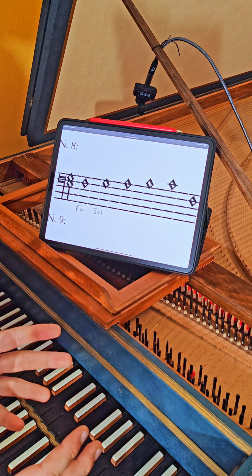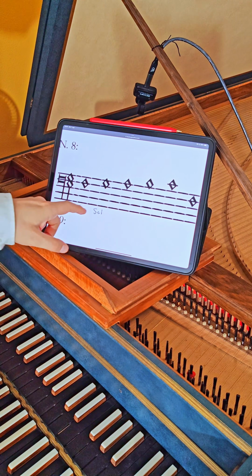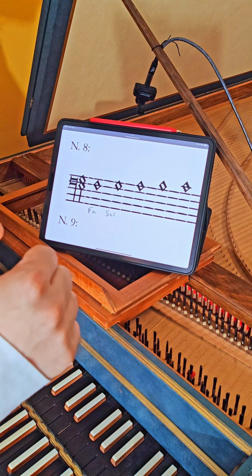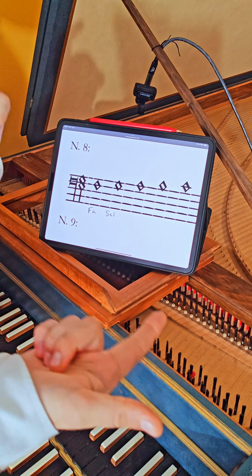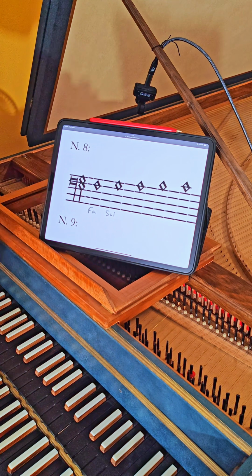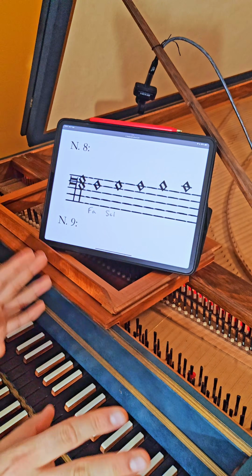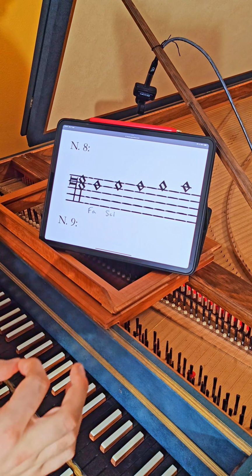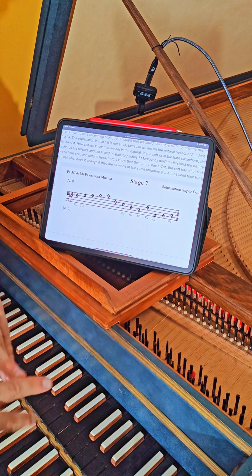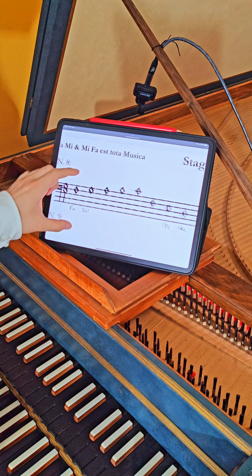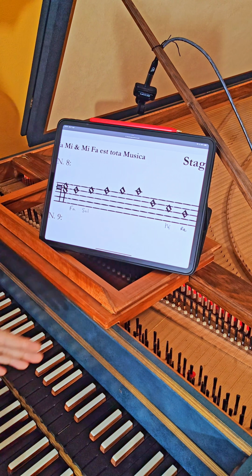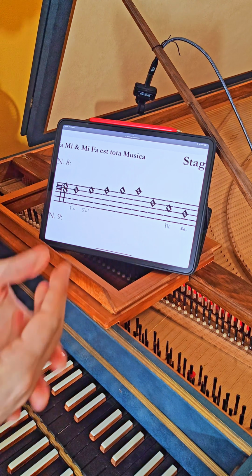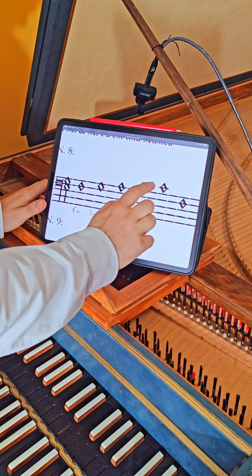And then another reason is that when we don't have any flat in the key, we use the natural hexachords and hard hexachords. There is not the possibility, at least in 99% of cases, to use the soft hexachords. Of course, there are some exceptions, but in this case, I want to make clear that we have a kind of species of the diapente, which is the fifth, called fa sol re mi fa.